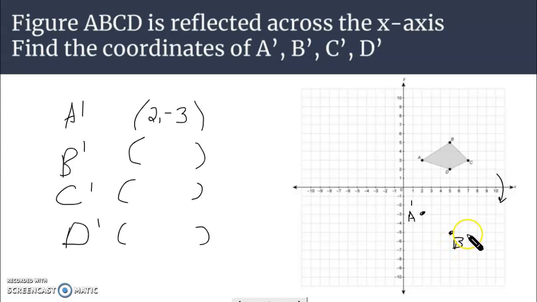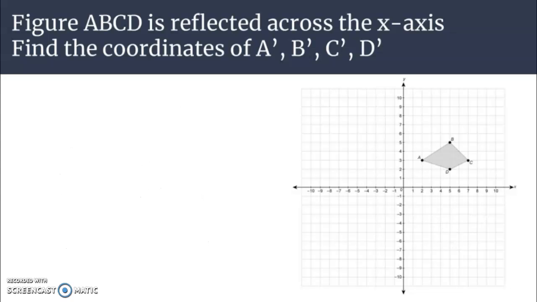Here's B prime. Those coordinates are 5, negative 5. C, here's C. C prime is on the other side, right here. Those coordinates are 7, negative 3. And finally, D prime is right here. The coordinates are 5, negative 2. Those are the coordinates after reflection. We draw the straight lines so you can see this polygon, this quadrilateral, and how it is reflected across the